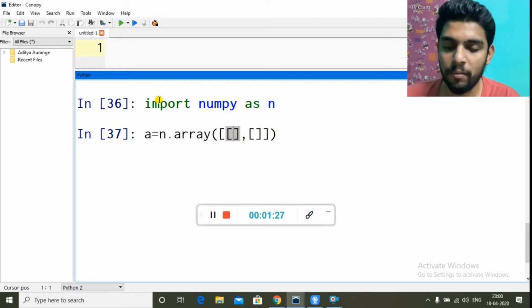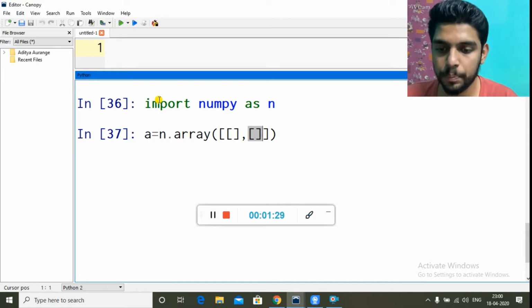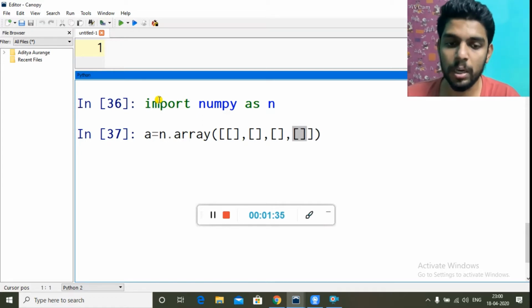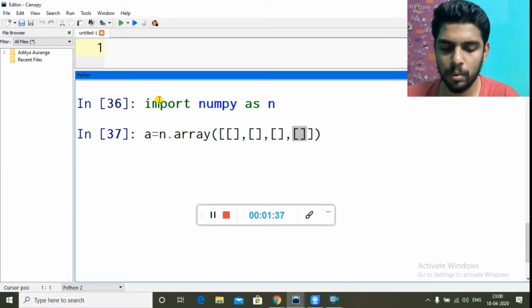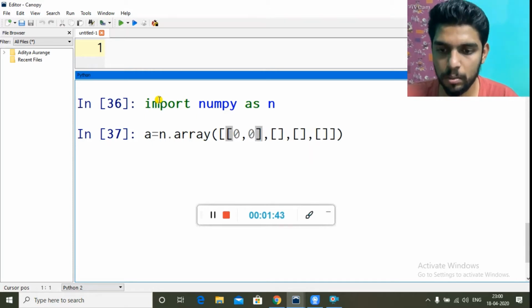So there can be one list, two list. Let's do 3, 4. 2 dimension, but not limiting to only 2. So one list enclosed in another list. So 0, 0, 0, 0, 0, 0, again 0, 0.